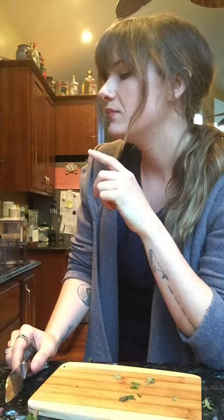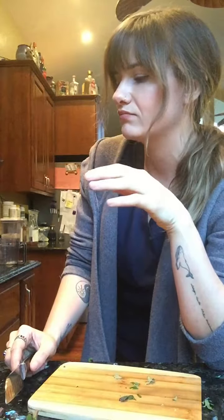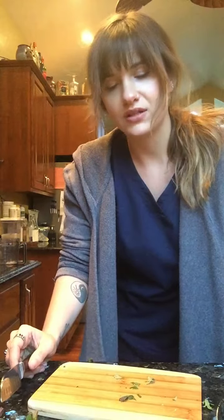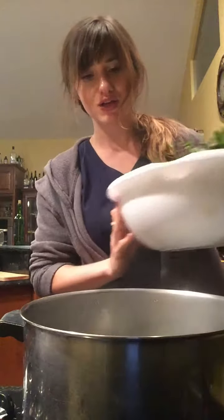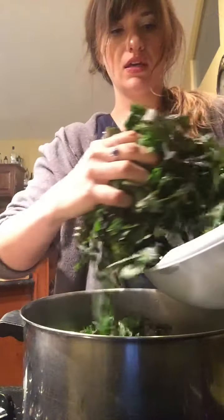And so I'm going to show you how to blanch kale, and you can also blanch tomatoes, zucchini and squash, a lot of different veggies, but I'm doing kale, and I'm going to show you basically how to do that and then transfer them over to an ice bath. So I finally got it all chopped, and now we're going to put it in this really hot water, and you got to do it pretty